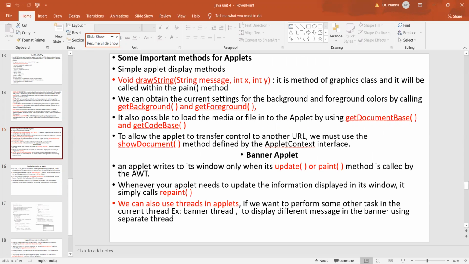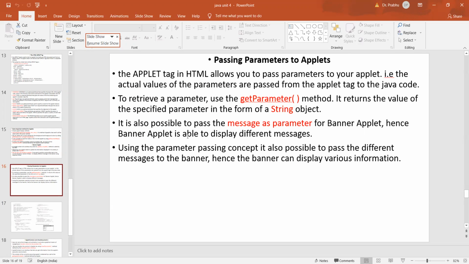But if you want to change that message, that content, you can change it by passing the parameters. Whatever message you want, you can change, and that will be executed inside the banner. So this is one feature of passing parameters to objects.